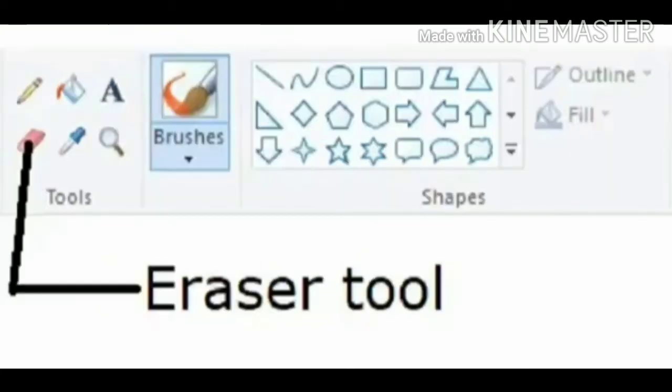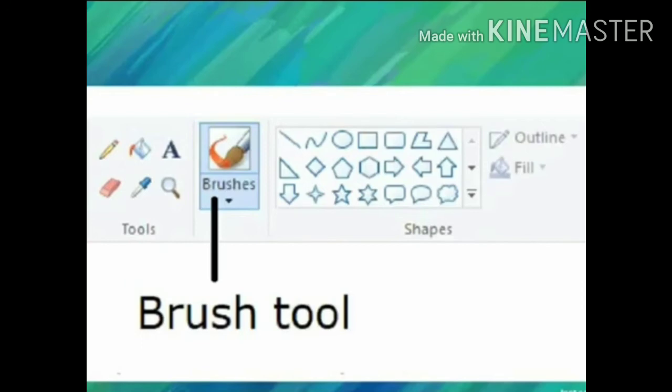Eraser tool. The eraser tool is used for erasing any part of a picture or text. This is similar to the eraser you use with pencils. However, this eraser tool can erase all marks of all colors. Brush tool. It contains different kinds of brushes to draw with a freehand movement, but it can draw thick lines.